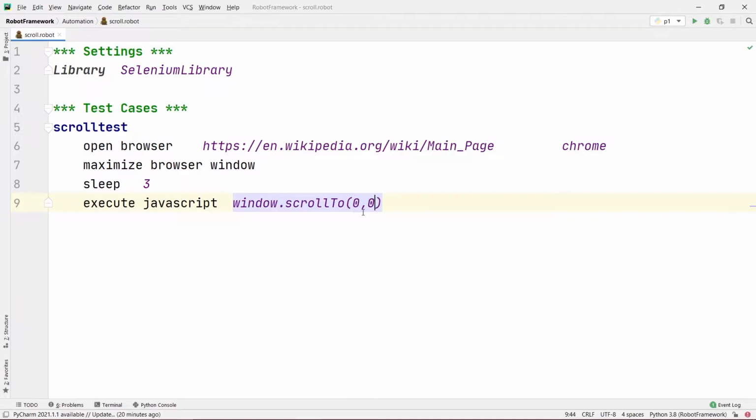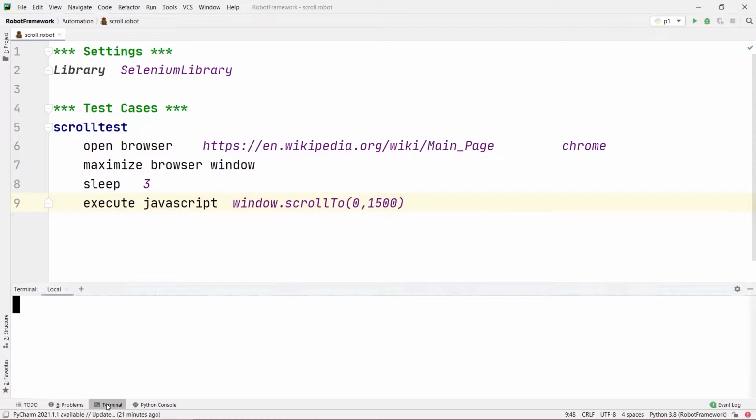What this 0 comma 0 means is, the first 0 means the horizontal scroll bar, and the right hand side 0 means the vertical scroll bar. Let's suppose I want to scroll vertically 1500 pixels, so I will write 1500. This will execute a JavaScript for scrolling. It will not scroll horizontally, but it will scroll till 1500 pixels vertically.